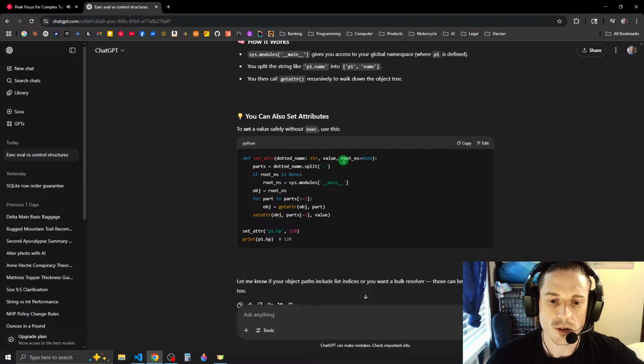Why would we even need this to default to None? NS stands for namespace. If root namespace is None, then root namespace equals sys.modules['__main__']. Object equals root namespace. For part in parts,